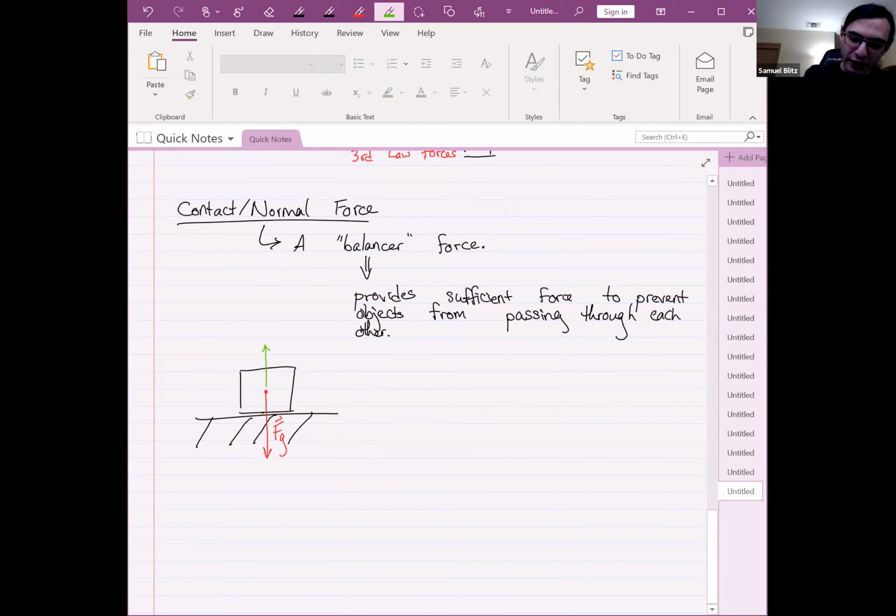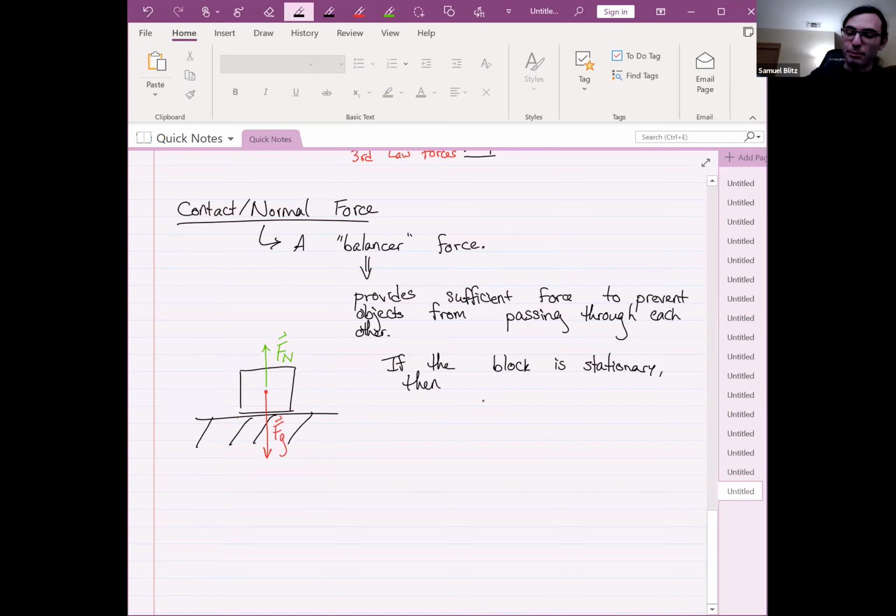So notice that the interface is left and right. So the normal force, normal meaning perpendicular, is perpendicular to that interface. So the normal force, in this case, pushes up, also called the contact force. So in this case, if the block is not moving, if the block is stationary, for example, that would be an example of not moving,